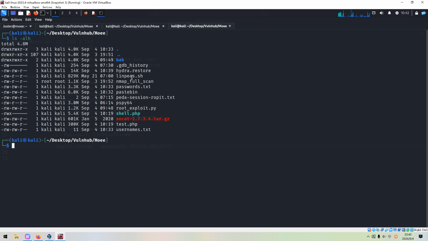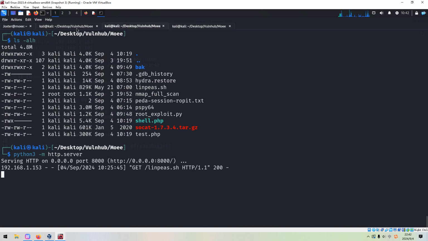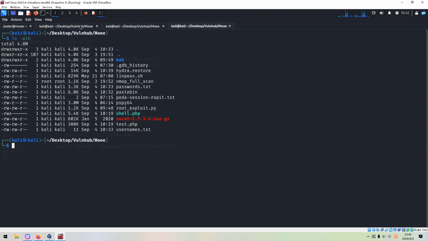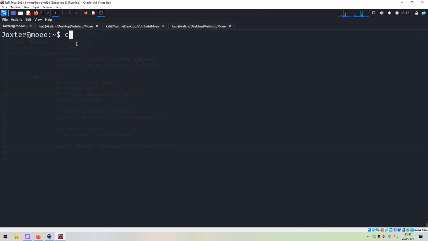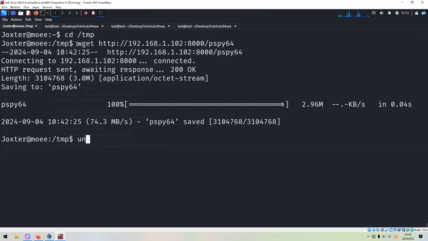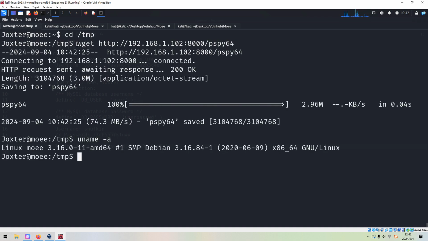Next, we can use the existing web server to upload it. We can go to the temp directory. PSPY 64, because our architecture is 64.